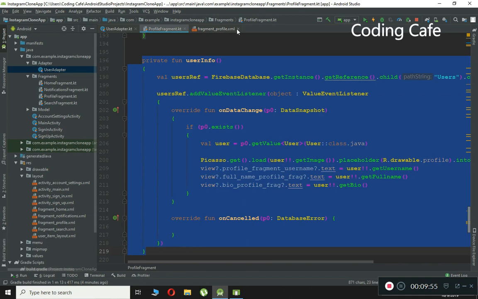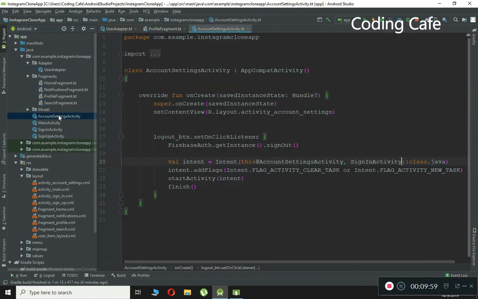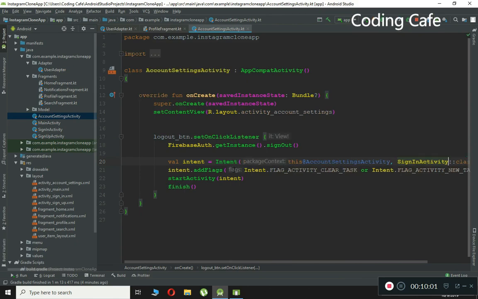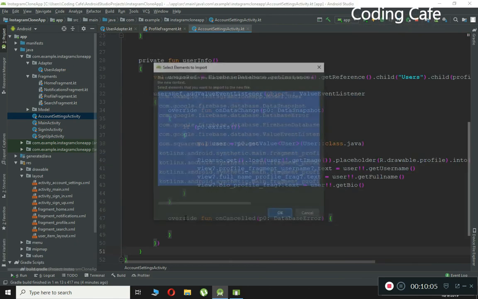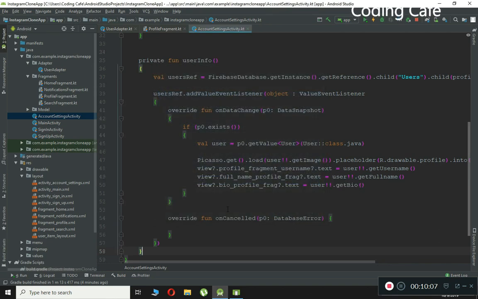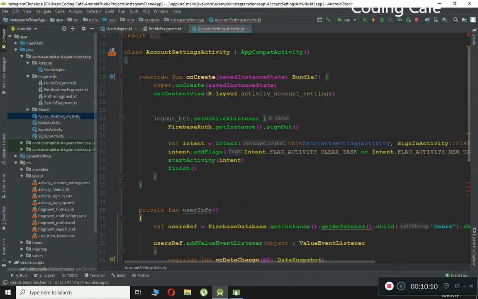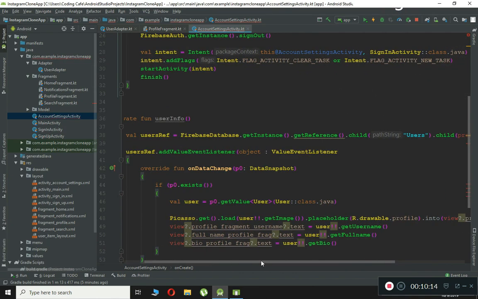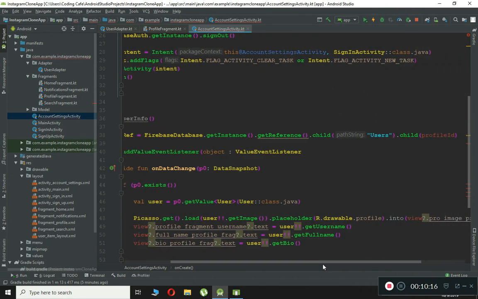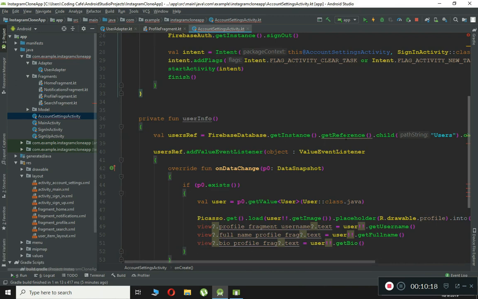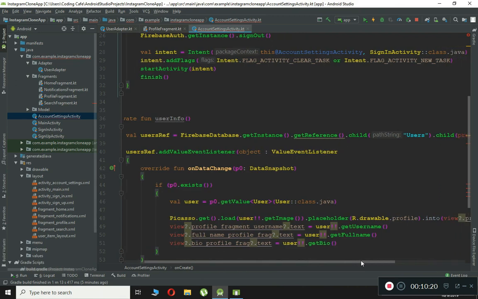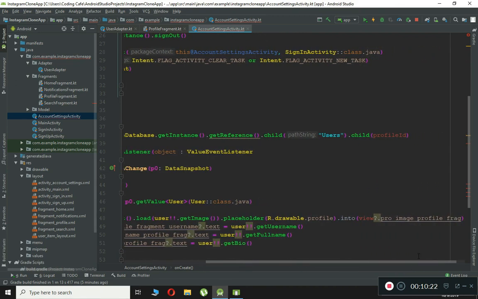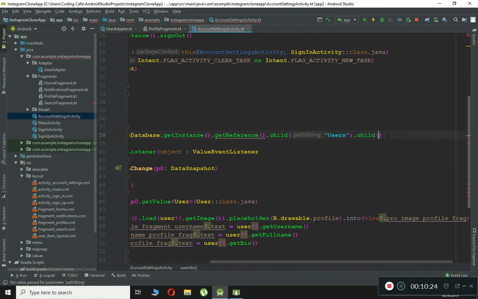And now let's just go back to our account settings activity. First, let's just paste this whole method here, user info. Now the next thing is to modify it according to our account settings activity. So here we can search, get reference dot child user dot child, and here, let's go